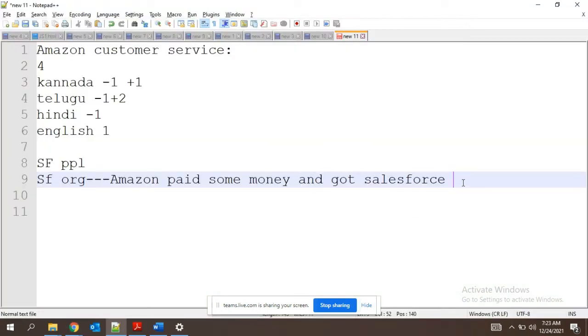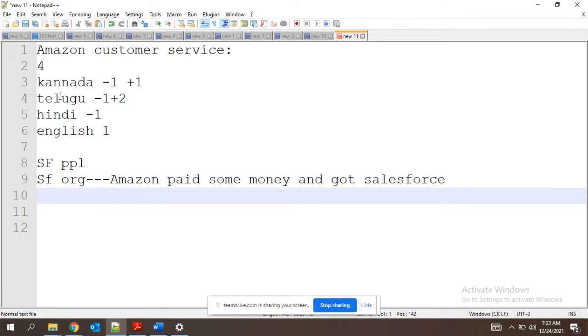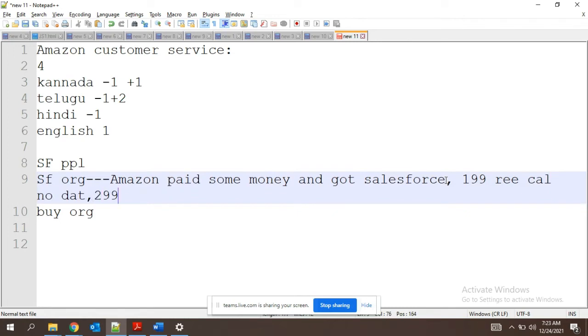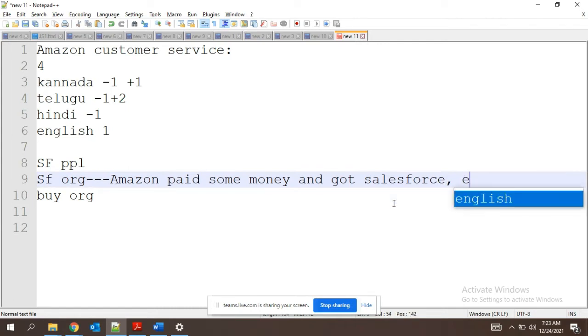In that organization, this was the requirement. But to add all these users, when we buy an org, we will have different plans, like in your phone. For 199 you have some features like free calls, no data; for 299 you have one more offer. Similarly, Salesforce also has plans for their users, and these plans are called editions.